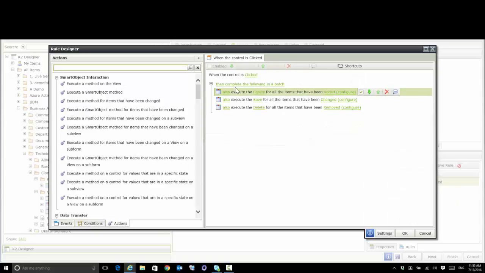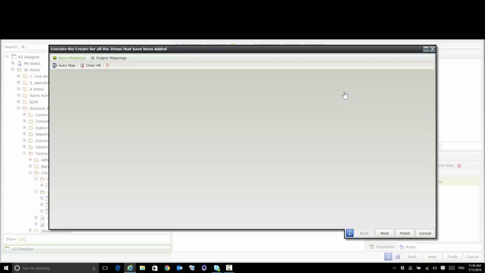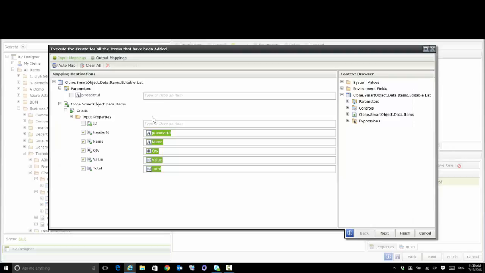is that when it calls the save method, this goes and looks at all the items that have been added, all the items that have been changed and removed, and calls an appropriate smart object action for each of those. So first of all, the items that have been added are going to call the create method. And if I go and configure that, the only change that I've done inside here is that it's going to create these items based upon the smart object data for that row, but I've also told it to use the header ID